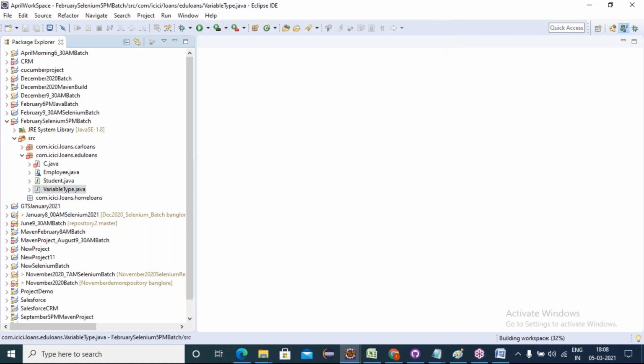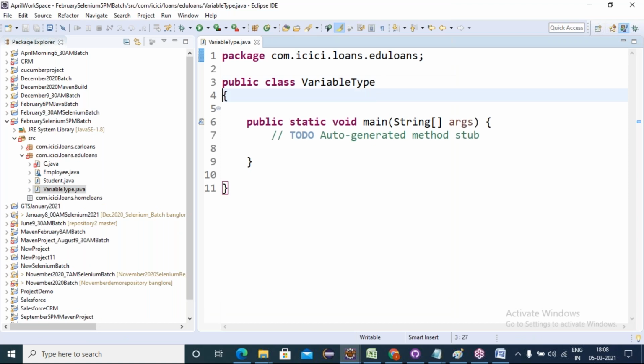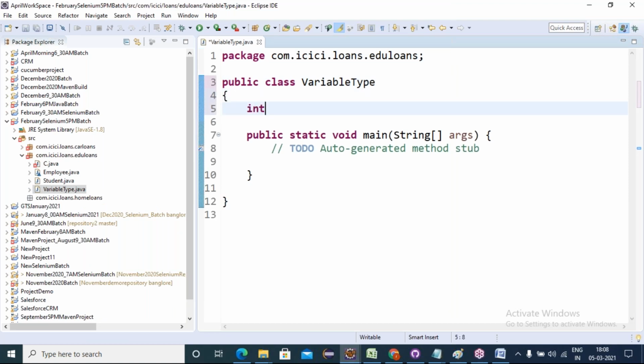Now, friends, in this class I define a variable: int x equals 100. So this x is called a primitive variable. 100 is an object stored in a variable of integer type, where x is called a primitive variable. Any type of object stored in a variable is called a primitive variable.